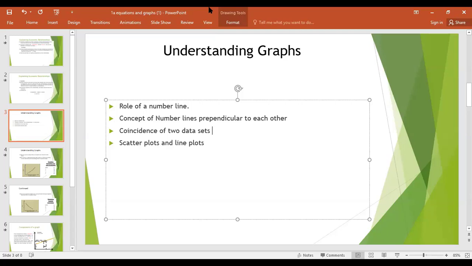But if there are too many dots, then if you join the line, it is not understandable. So when there are too many dots, we try to stay within the scatter plot. And if there are fewer dots and they are following a pattern, we try to join them. There is another way that we can use, the fit plot, where there are dots and we use an estimated line passing through them. That's an advanced concept. That's why I have not written it here, because it's not included in this topic.